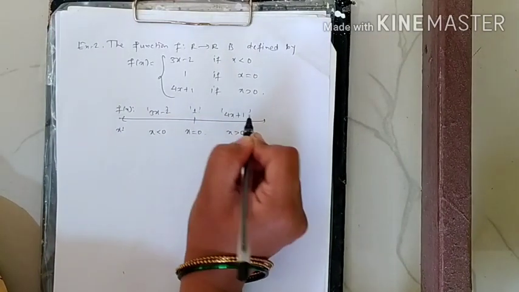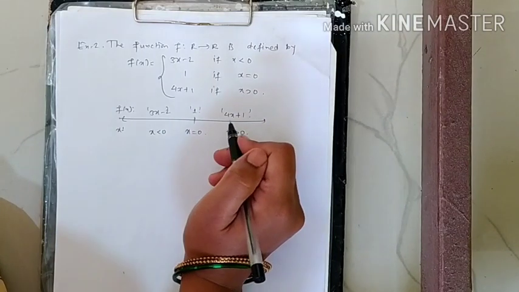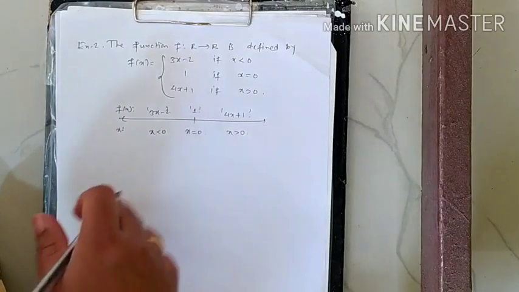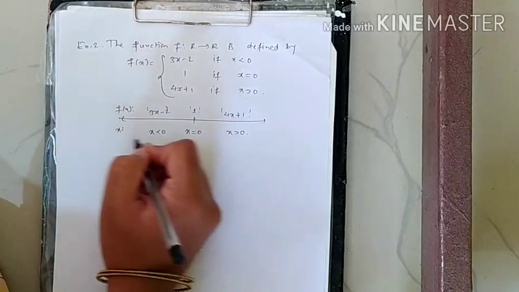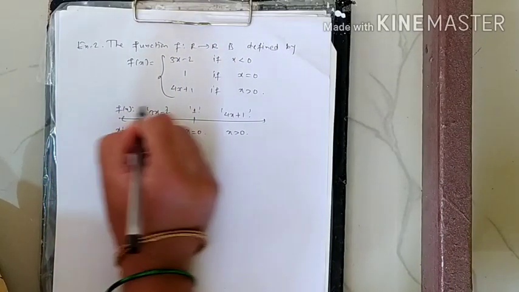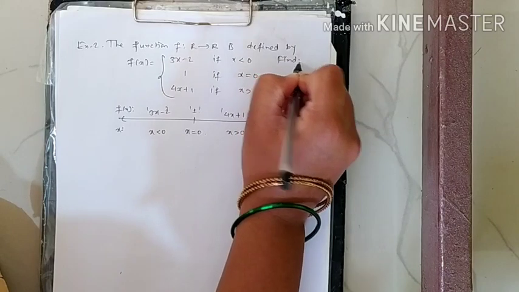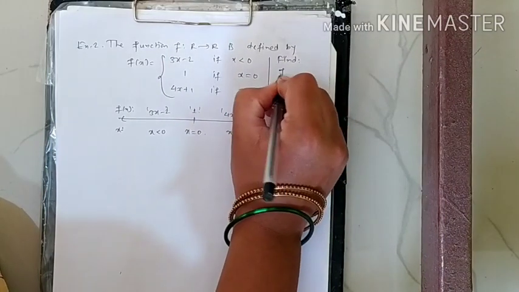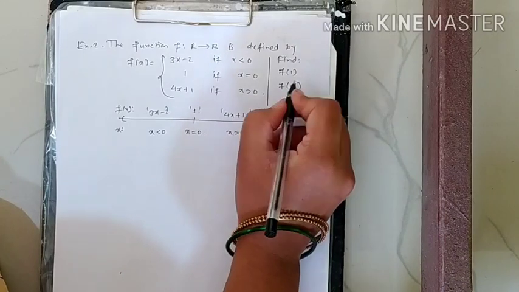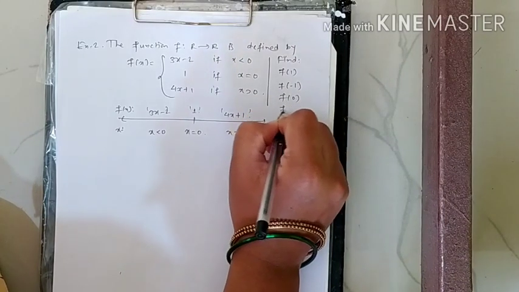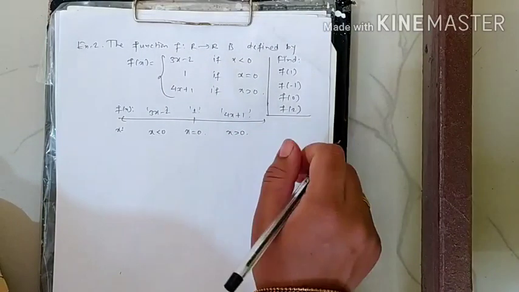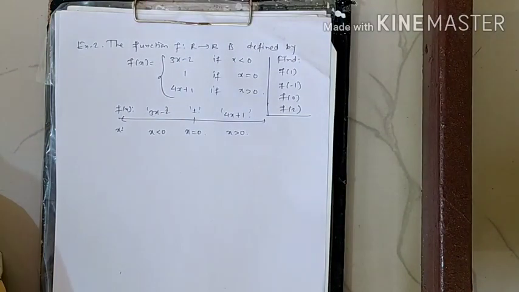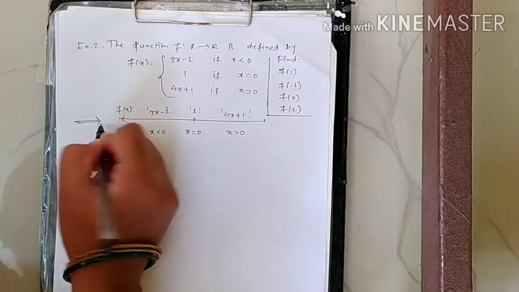If you want, you can do the rough or directly also you can solve. So the question is, before the question only I have explained this. Find f of 1, f of minus 1, f of 0 and f of 2. Now these all 4 images of 1, minus 1, 0 and 2 respectively we have to find. Now I have explained this, so this we can write.